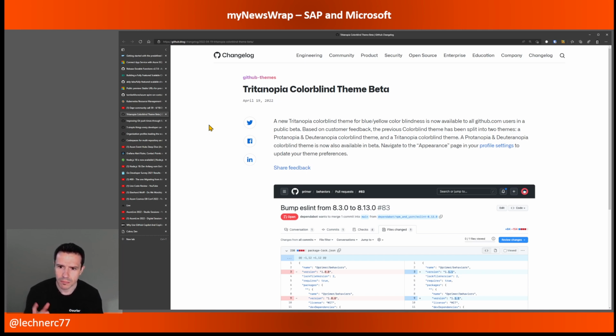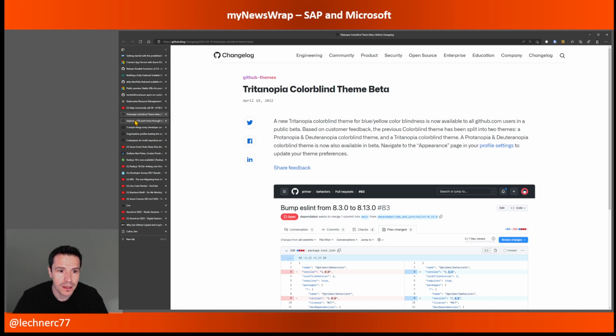I'm not sure. But with that, the important thing is you can now activate different themes if you're colorblind on your GitHub profile settings in order to have a different appearance, which is especially important, for example, if you review pull requests or something like that. So that should really help you, and I think is a super valuable addition to the features already there for